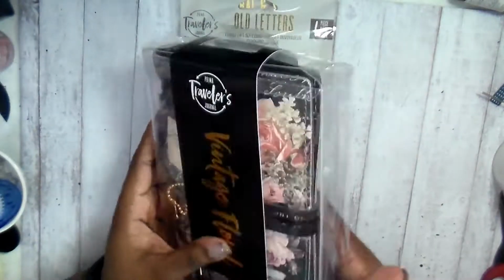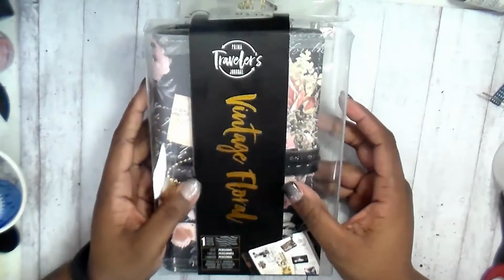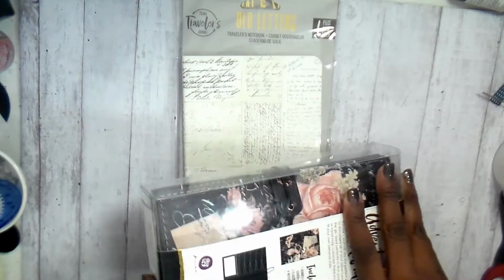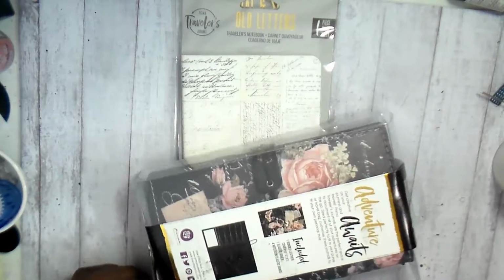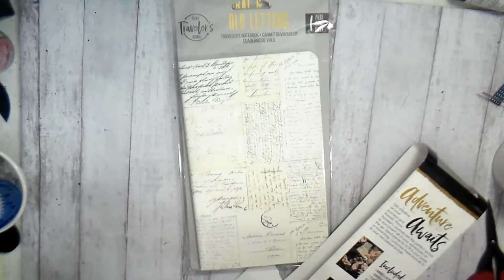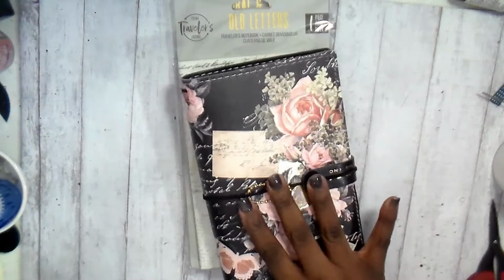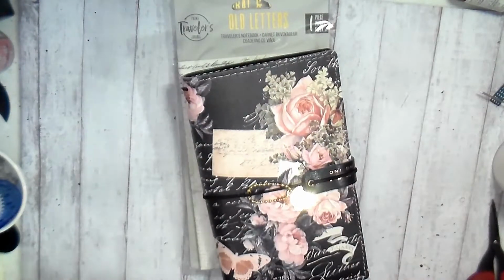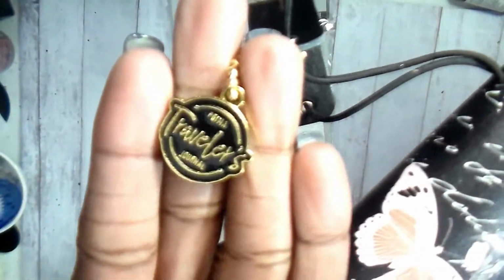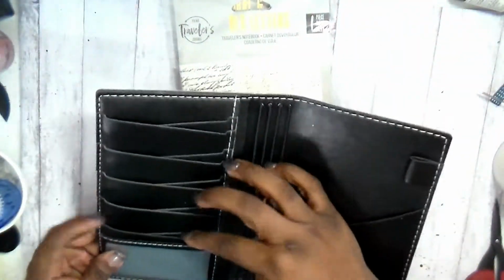I've always wanted one of these travel journals. When she said they were back in stock and they only had a few left, I was like, now or never. So I went and I grabbed it. And you do have to get the insert separate. The main holder comes empty. There's nothing inside of it as far as any books that you fill out. But this leather holder